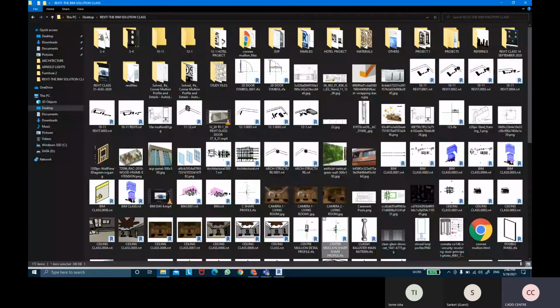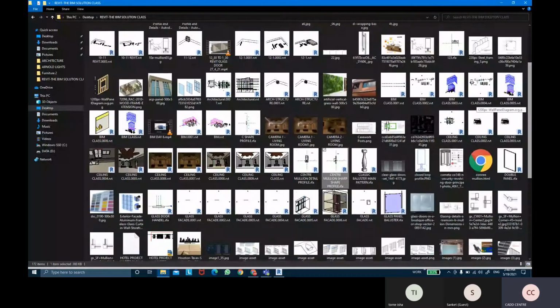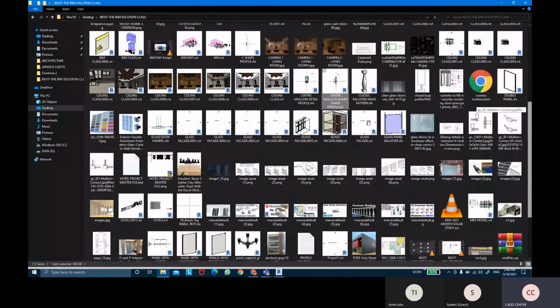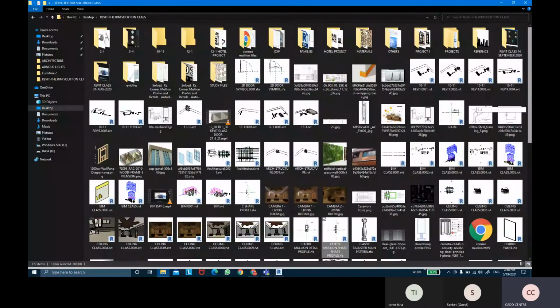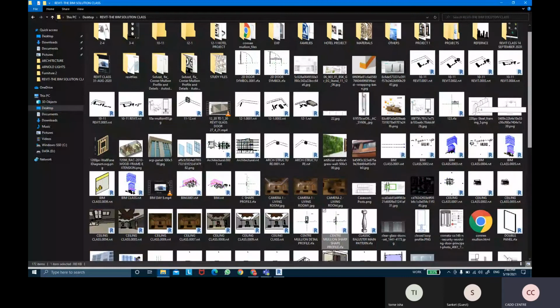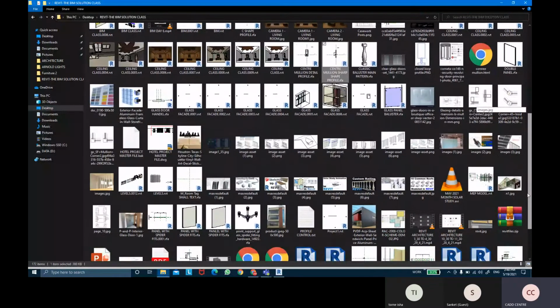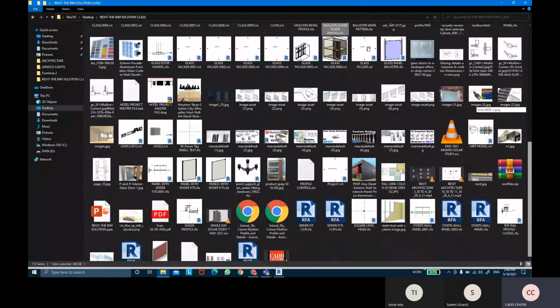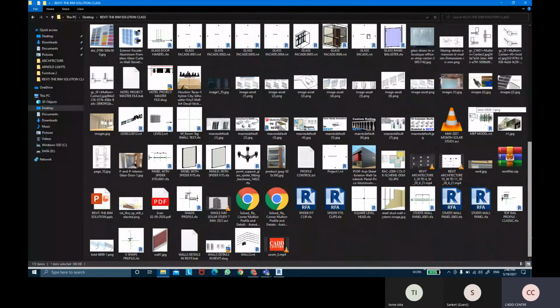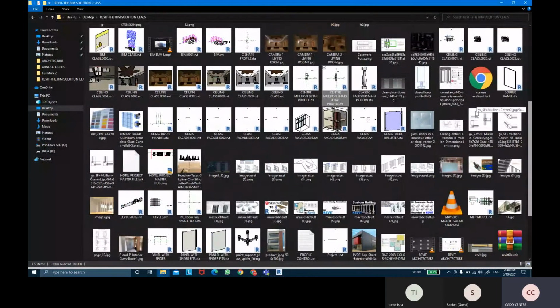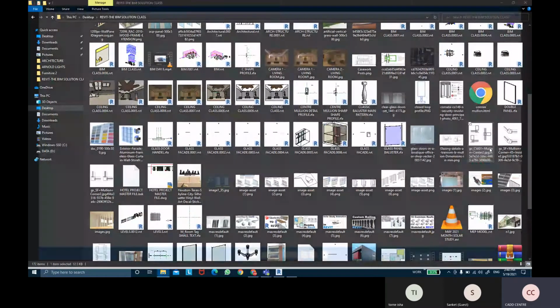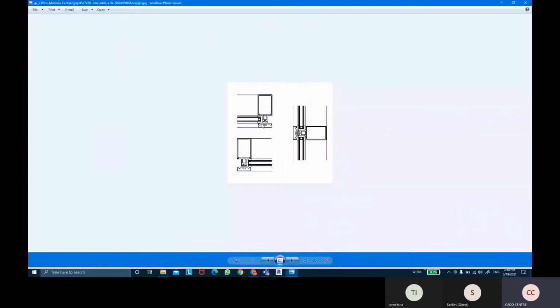So like we might have to create detail items. For example, I have mullion profile details, something like that.